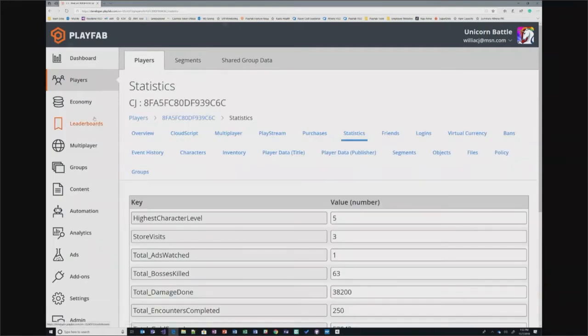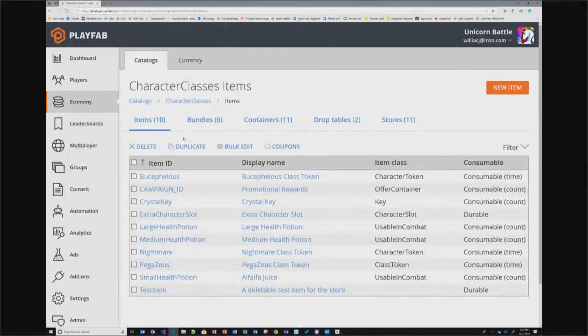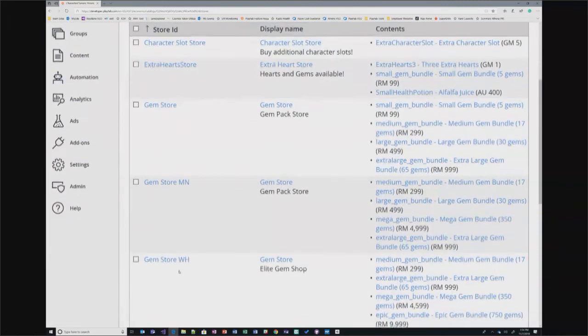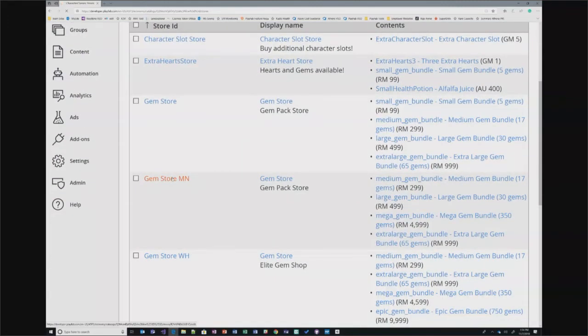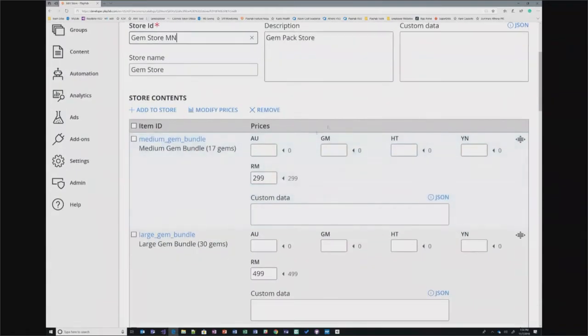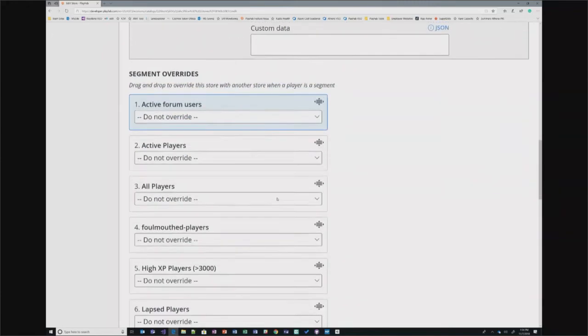We have, as I mentioned, in-app purchases. And so in here you can customize your catalogs, your stores, and these kinds of things. We'll look at one particular store here, which is this gem store. How it's set up is you have a set of gems, it has a description, it has a store name. But then what you see is that,